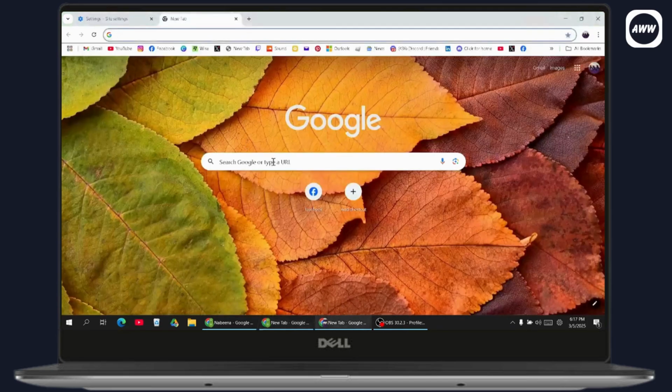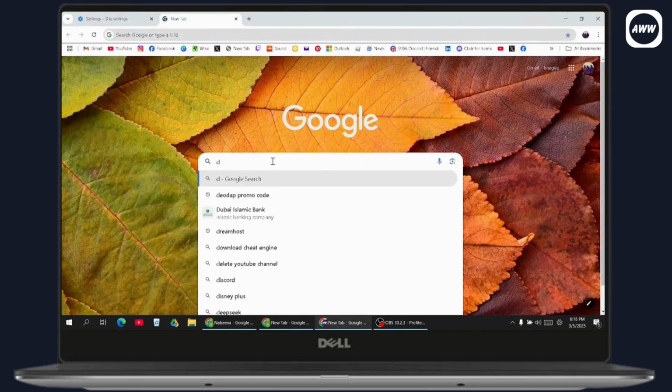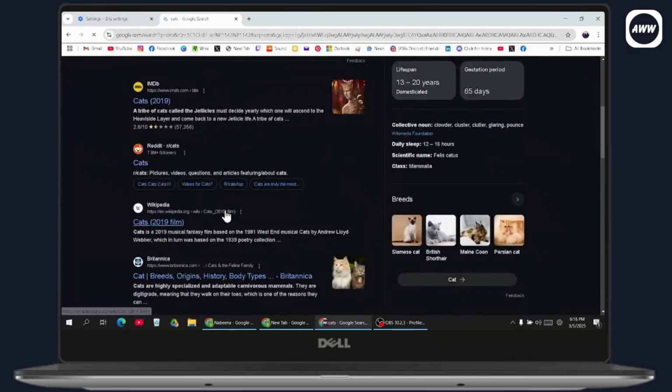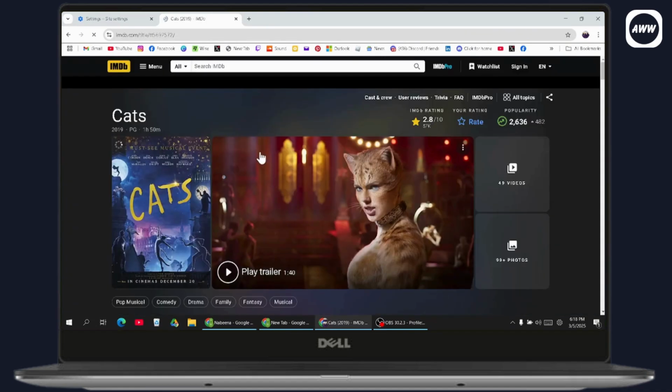for example, if you go with your browser and here if you search for something, for example, I'll just simply go with cat. After searching, now here you will have the websites, right? So if you click on it, then it will not open in a new tab. So if you want to open this in a new tab, then what you need to do is you just